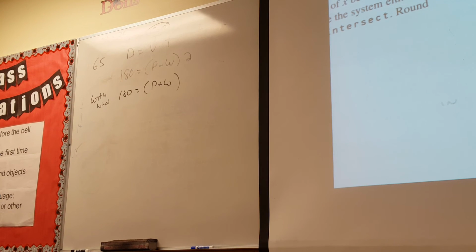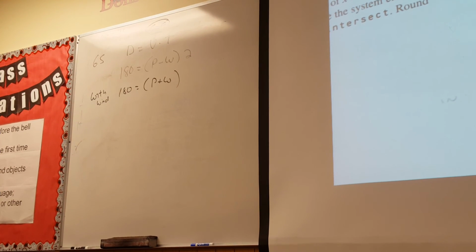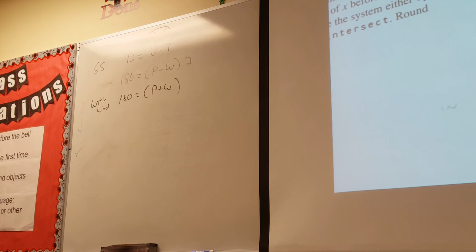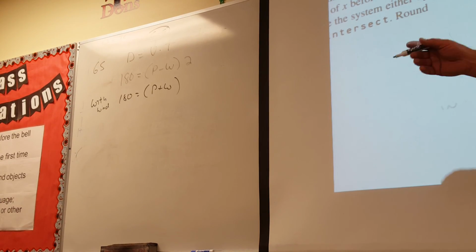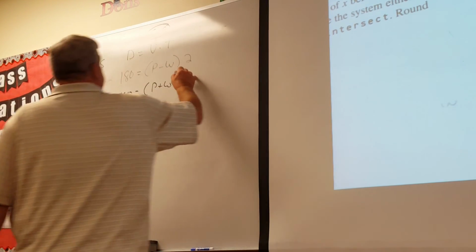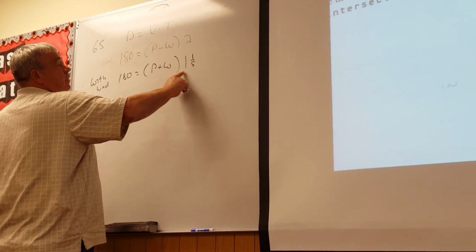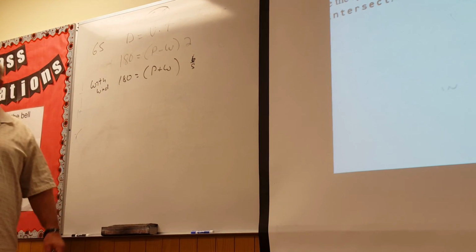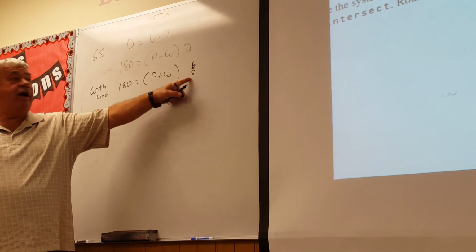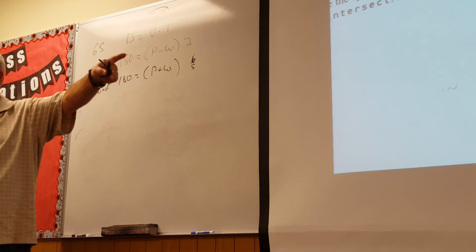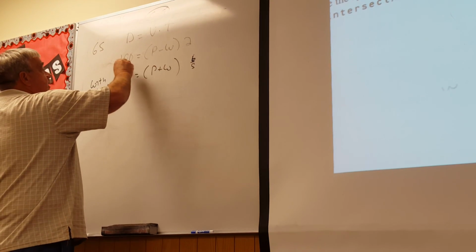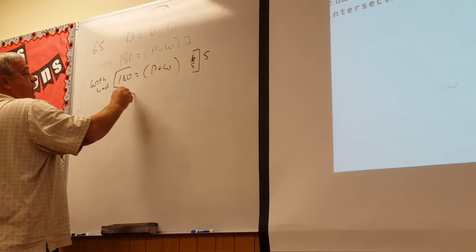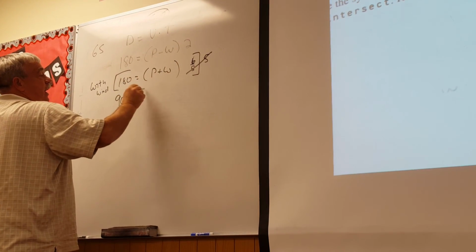Now, 12 minutes is what part of an hour? Isn't that 12 over 60, which is 1/5? So this is 1 1/5 hour, but I'm going to make it 6/5, okay? We like fractions less than decimals, right? So to get rid of that 5, I'm going to times everything by the 5. So 900 equals, these cancel, and I get 6p